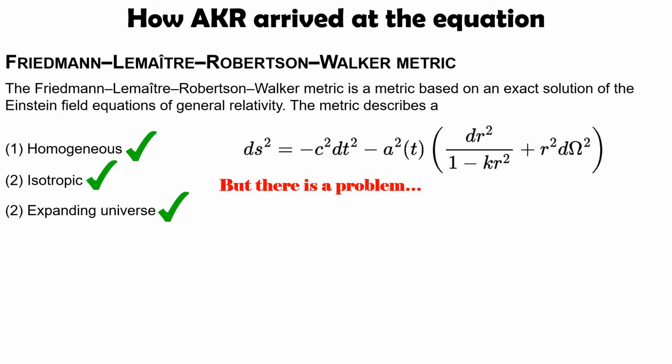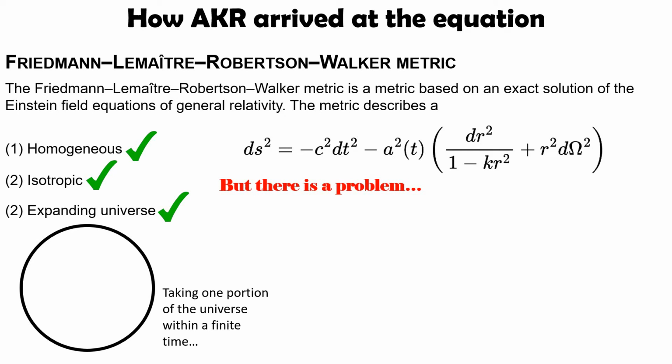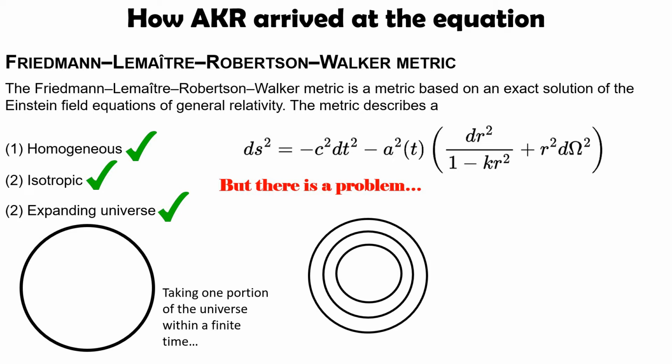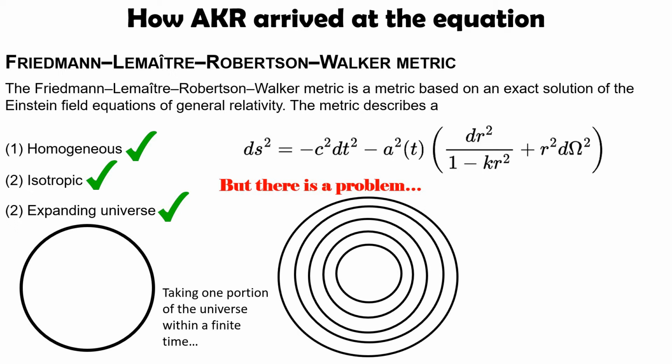The problem is that if we get a universe, this expanding universe, right? And we take a portion of the universe. Technically we should understand that AKR's theory would be something very central to what is called one part of the universe. He's not taking into account the entire universe. Here you see the universe is expanding, and expanding further. So it is continuously expanding.